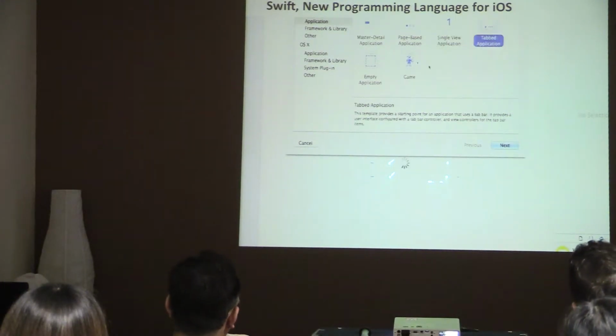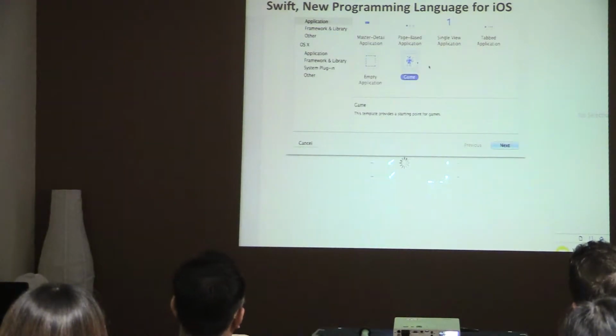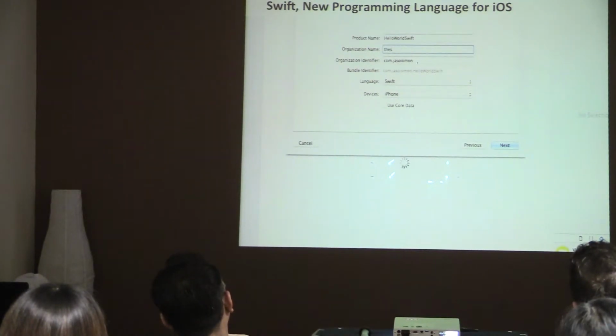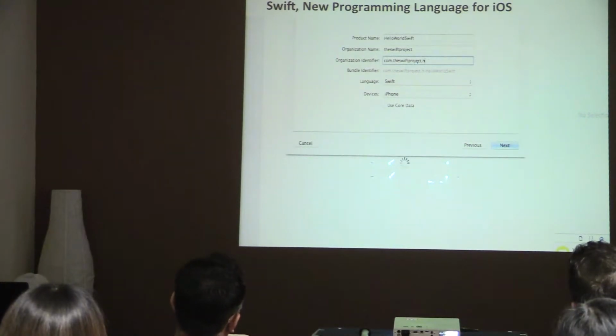An empty application, which pretty much just gives you a completely blank template. And then a game. So let's just start with a single view application. Let's call it Hello World Swift. Now I'm going to, for the organisation name, enter my organisation name, and the same for the organisation identifier, which is going to be com.the company name, so the Swift project, dot hello world, and then it's already automatically added